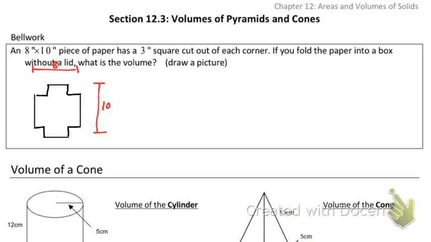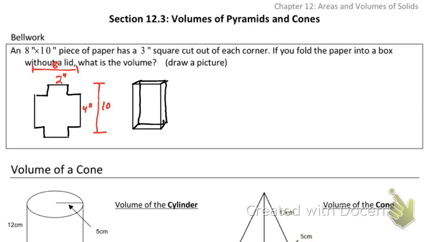Instead, I will have 8 inches, cut out 3, cut out 3. This flap is actually going to be 2 inches. Just like this, 10 minus that 6 will become a 4-inch flap. So if I kind of draw the diagram of this, let's see how this works. We folded it up into a box. That would look something like